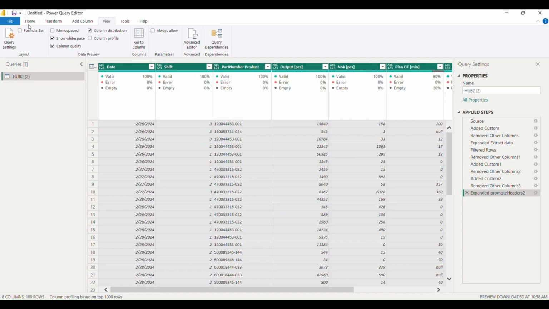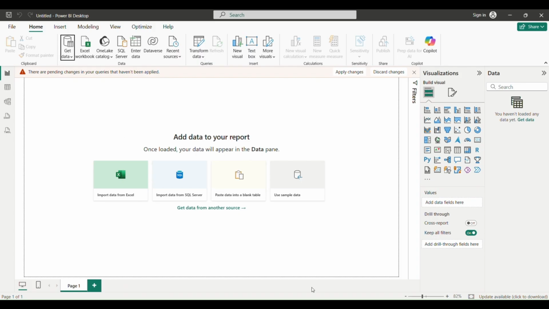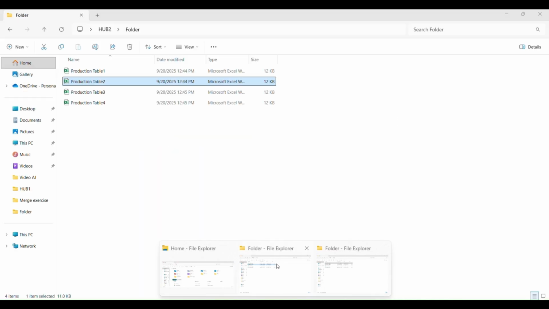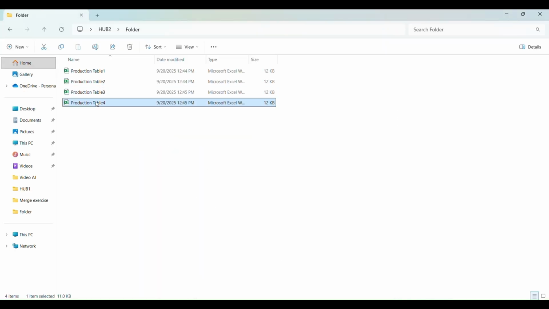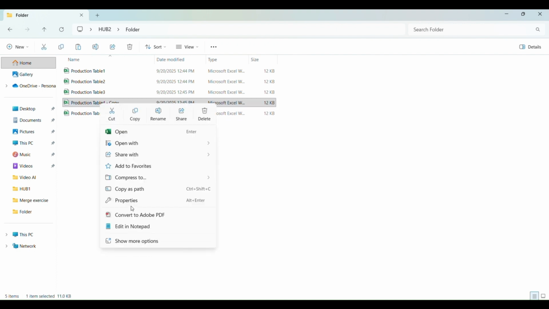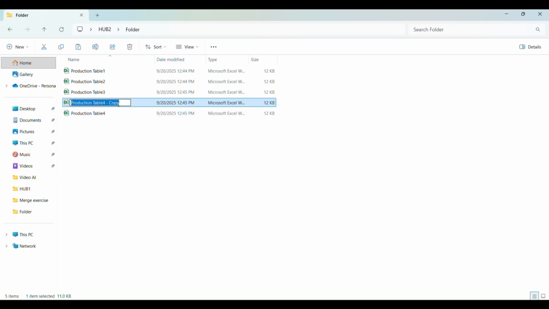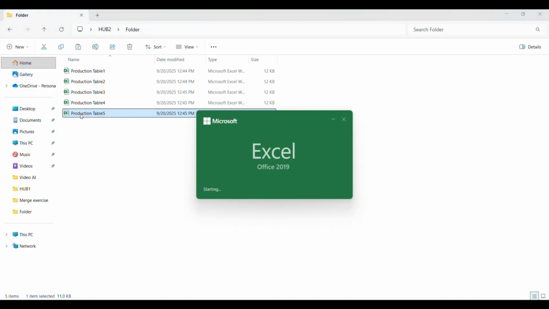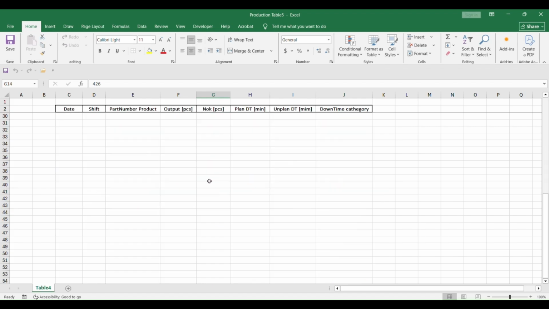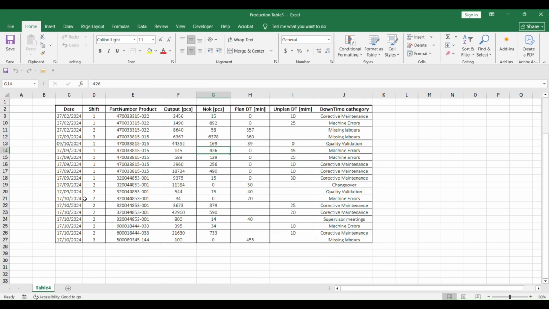Now if I close this and apply, and we go into our folder and add a new table, let's say table number 5, the data will be grabbed automatically when we refresh. Just for exercise, let's open it and add some new lines here.